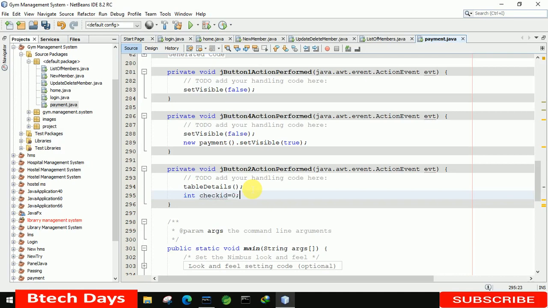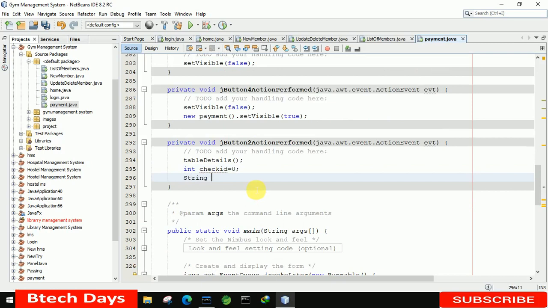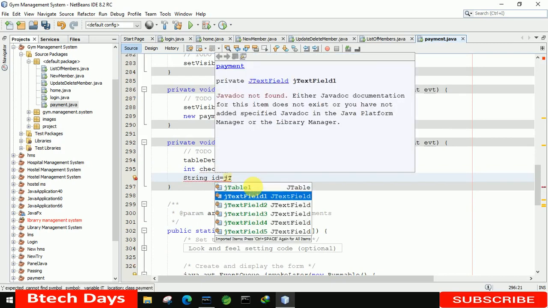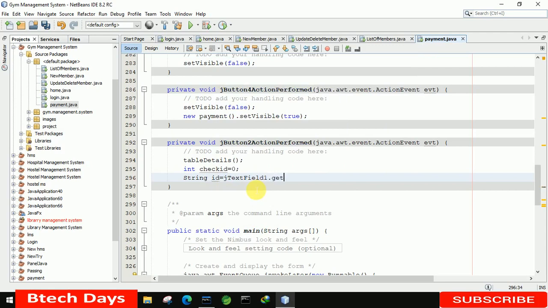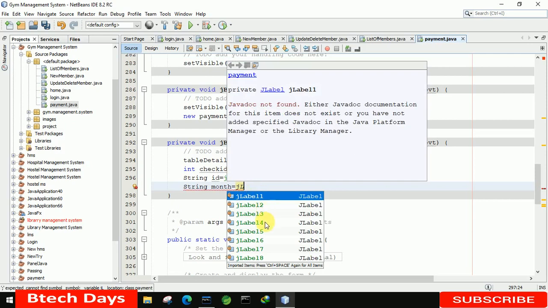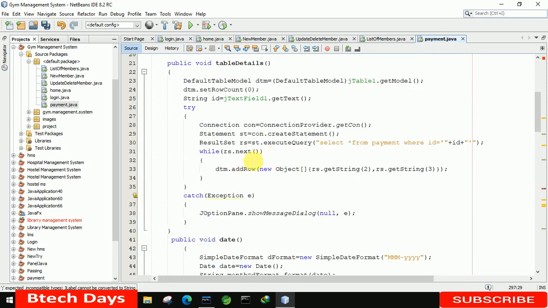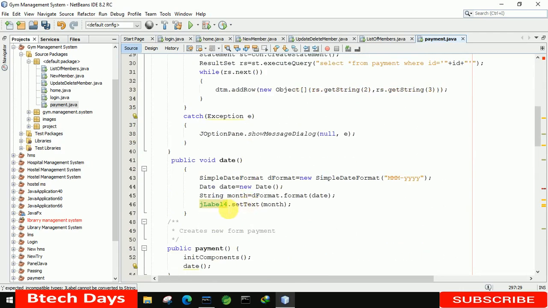Here we are again checking whether the id exists or not, that's why we are using this. After that we take a string id equals jTextField1.getText. After that we create a string month from the jLabel. The label is 4, I guess. Yeah, 4. Let's check it again. Okay, it's our label 4. Yeah, sure.